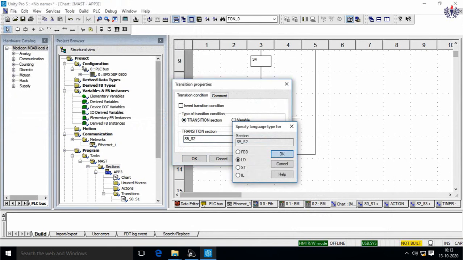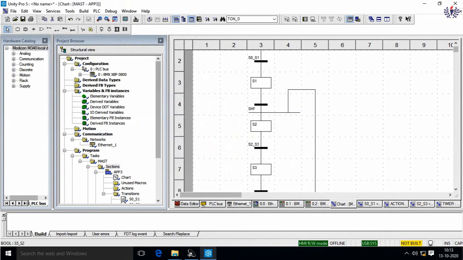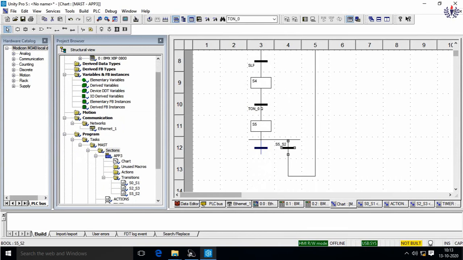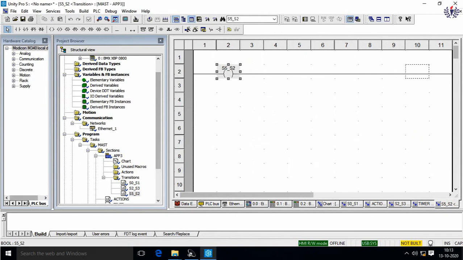So it is coming in the ladder logic diagram. Okay, so this ladder logic is fine. Here you can see one more is created, that is S5_S2. So every time it has to move to the high position, and it should be in slot 2 and slot 3. So I will click this S5_S2. Here I am going to give 2 parallel inputs. It is applicable for slot 2 and slot 3, so I am making it common.